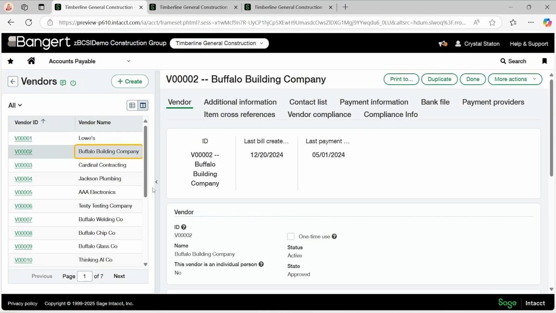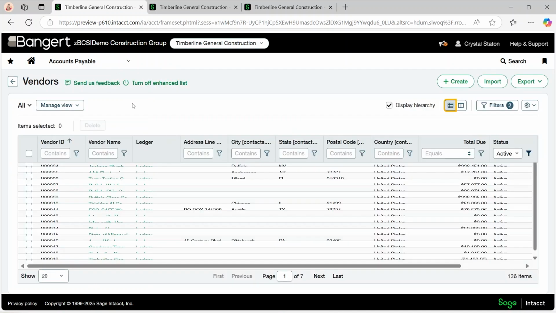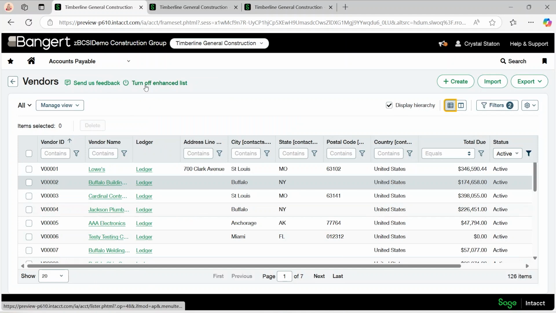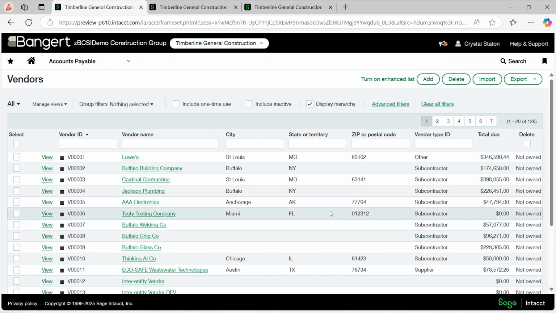So that's a nice, easy feature that they've added. If you want to go back to the other view that you're used to, you just click on this list view and it'll take away the split view, and you'll see here turn off enhanced list, and now you're back to the view that you're used to.